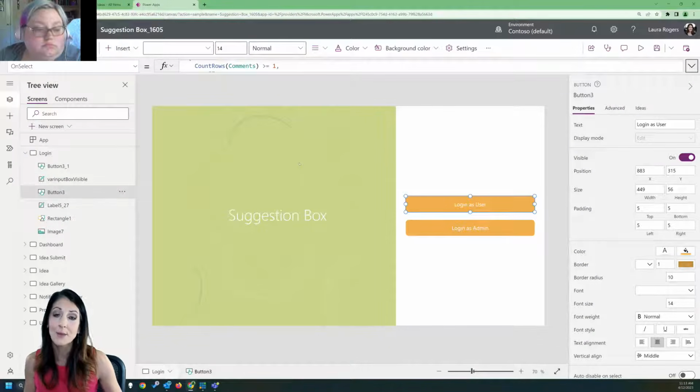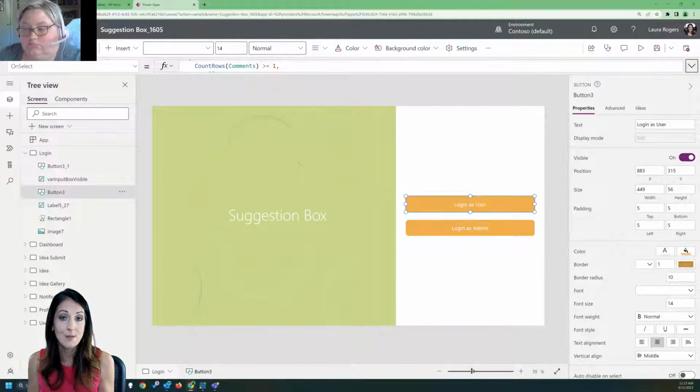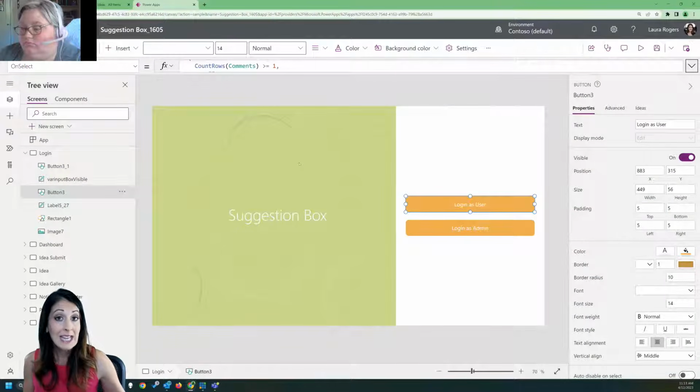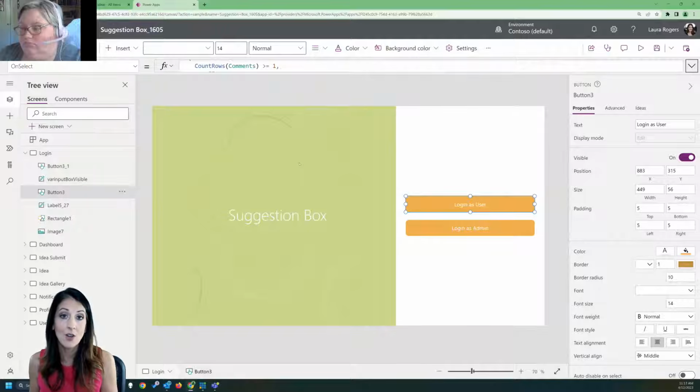Now, the concepts here are what I want to teach you, like all the places to look, and how some of these things work. And these Power Apps templates that Microsoft has provided are great. What I usually do is, when you have a real world need for one of these, like if your company needs a suggestion box, my typical advice is to start from scratch with a brand new app, because it most likely could take longer to customize and tweak their existing app